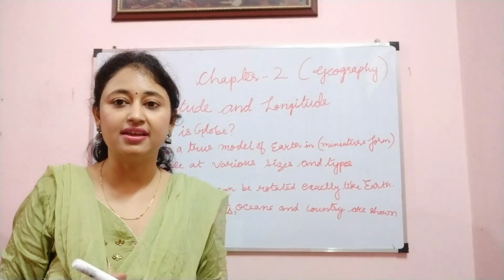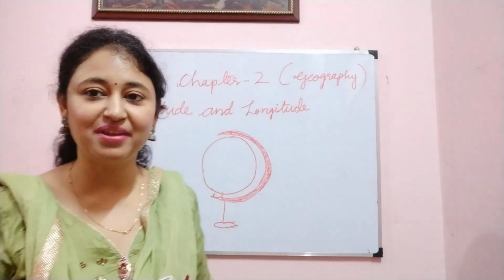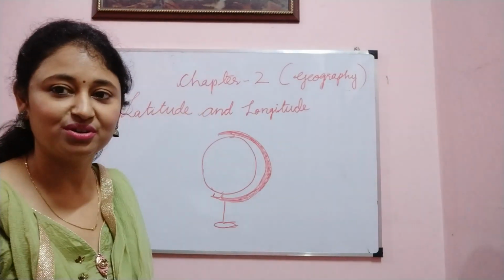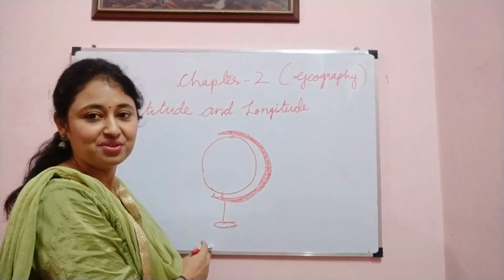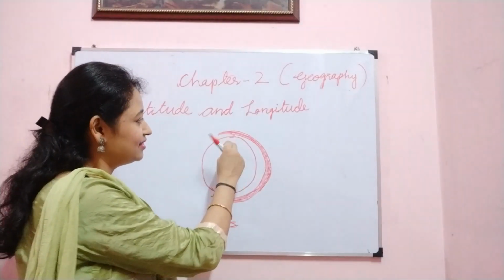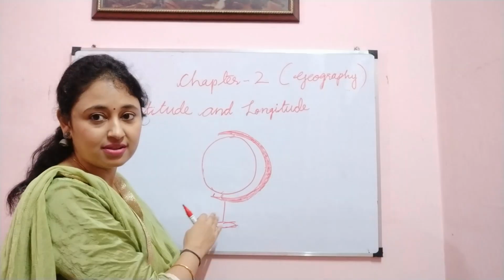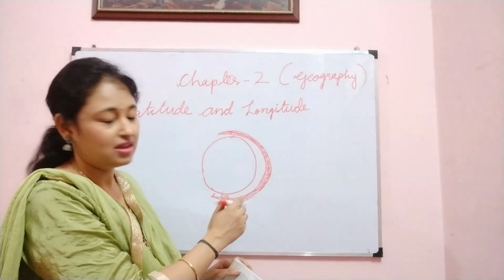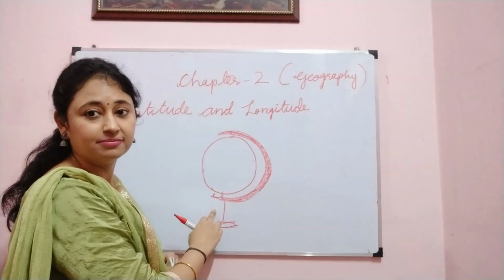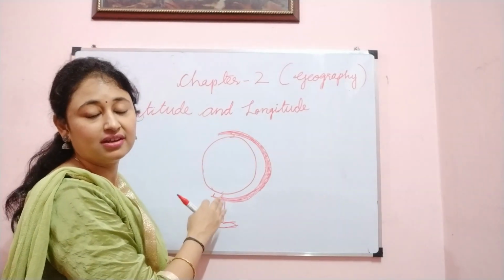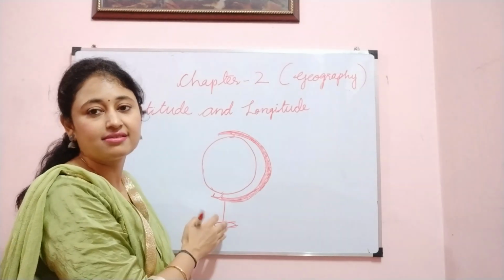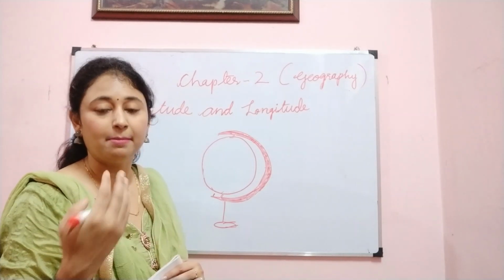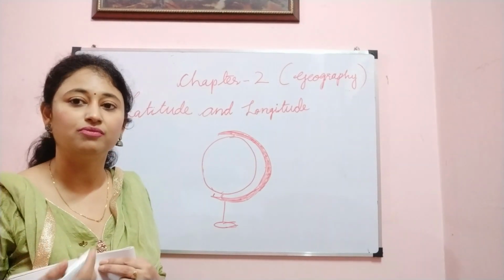Next, I have tried to make a globe. I'm not very good at making drawings, but I have tried it, just to give you a rough idea of how it looks. A globe looks like this. It has a needle fixed through the poles which can be rotated, and it's fixed in a tilted manner. This needle is called the axis on which our Earth rotates. It's not an actual line or reference point. It's an imaginary line on a fixed path on which our Earth rotates.